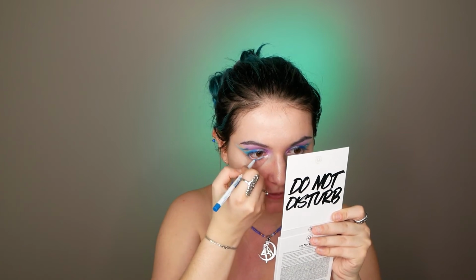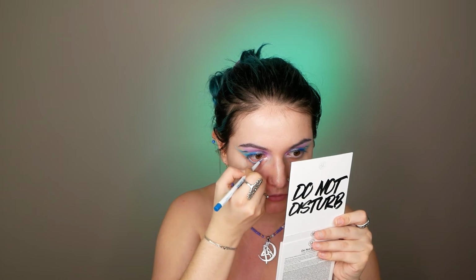And then I plan to continue with another eyeshadow because I really want to try as much as possible from this palette. Since it's just a 9 pan palette, I think I can try everything. So the plan after I do my waterline, yep, I did it, what do you think, is to continue with this shadow, which is called Not Today. It's a very nice and beautiful brown shade. In my head it contains a little bit of purple, so I feel that with this look it's gonna look perfect. And now, after I proudly finish my eye look,